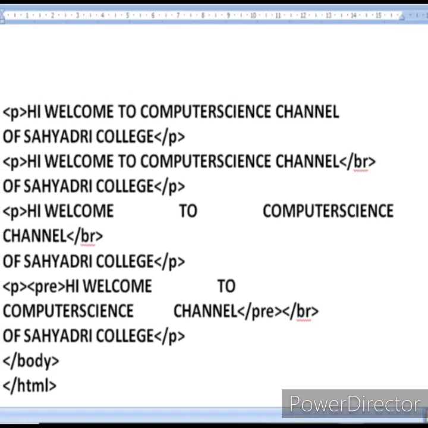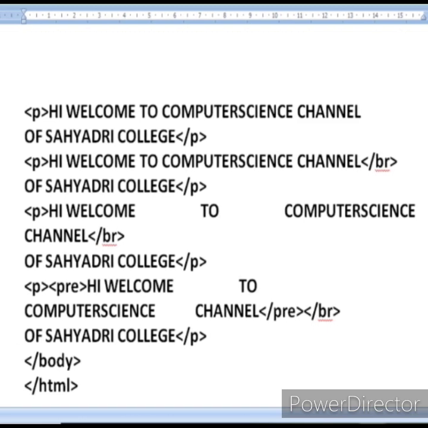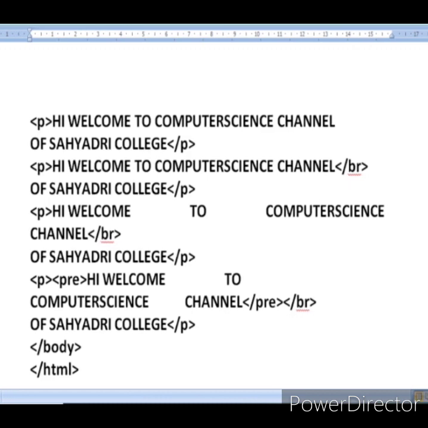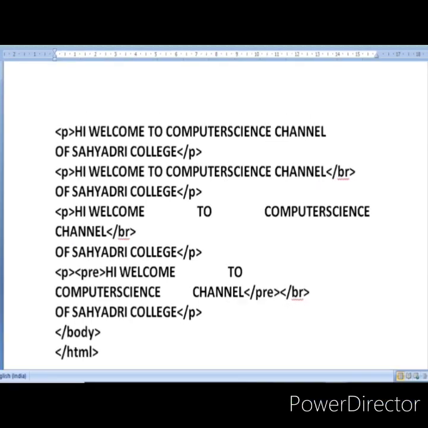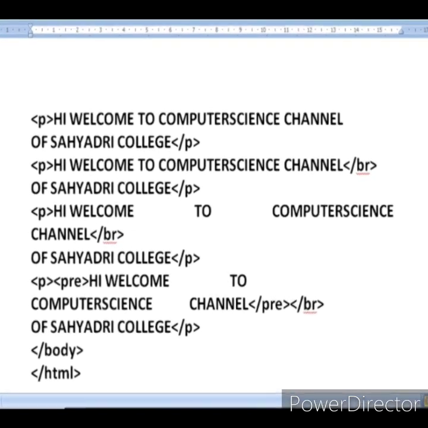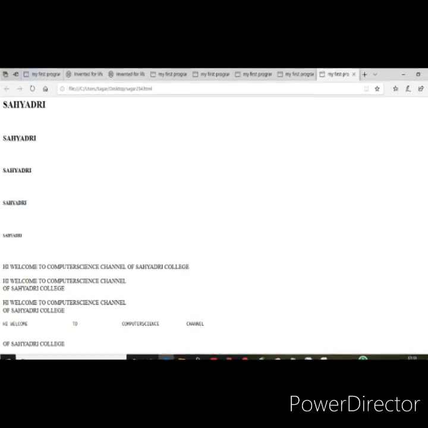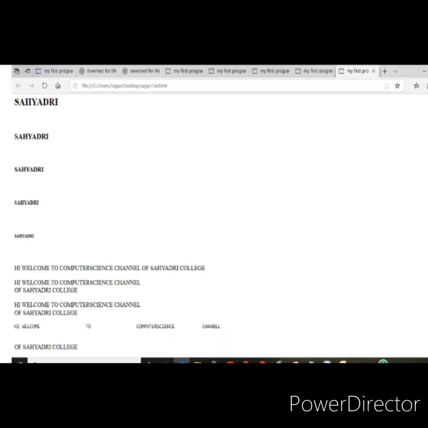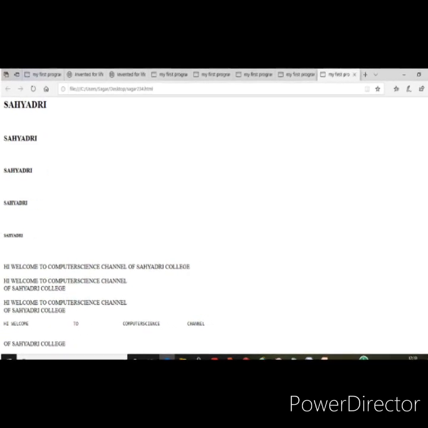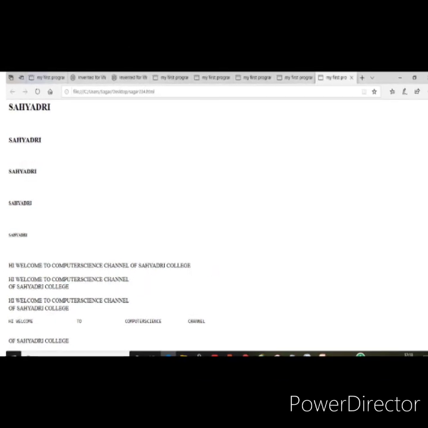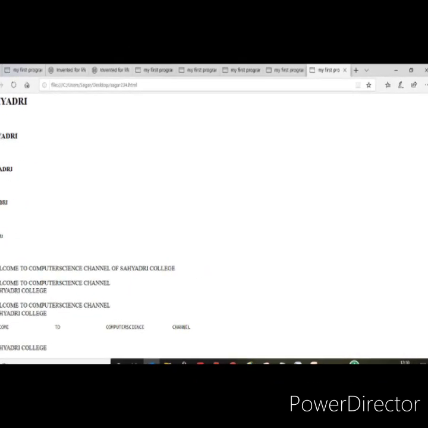Now, if you want to increase the space, and if the output needs to be appearing in the same way as you have typed, that is, if you are given 5 spaces, the same 5 spaces has to appear on the browser screen. If you are given 10 spaces, the 10 spaces have to appear on the browser screen. In that case, we need to make use of a tag that is called as a pre-tag. So pre stands for preserving of white spaces. It will preserve the white spaces.